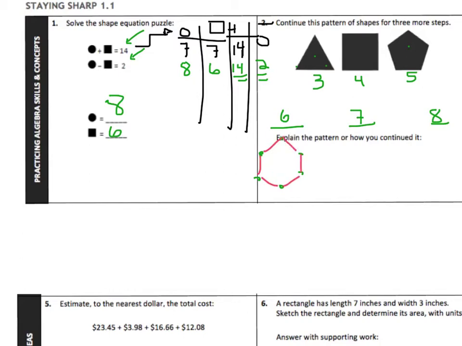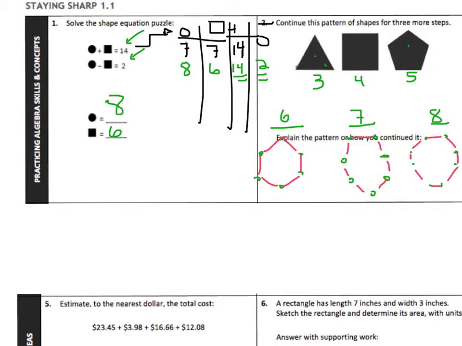Okay. 7. So 1, 2, 3, 4, 5, 6, 7. Boom, boom, boom, boom, boom, boom, boom. Nah, it's not pretty, but what can you do? Now 8 is that stop sign, so it's going to be like 2 on each side. Okay, so they are pretty, but I'm not expecting you guys to be total artists either, so you just got